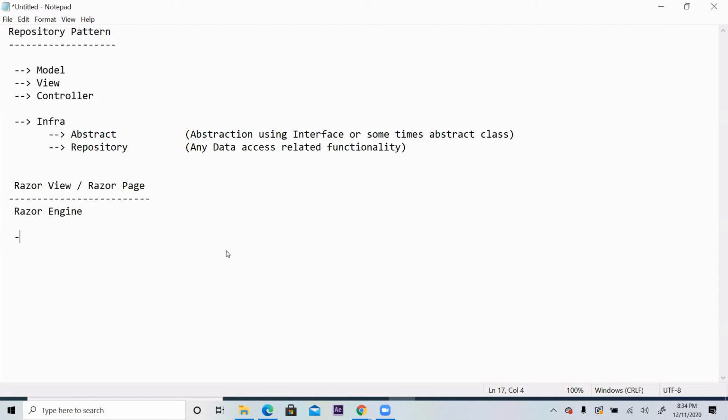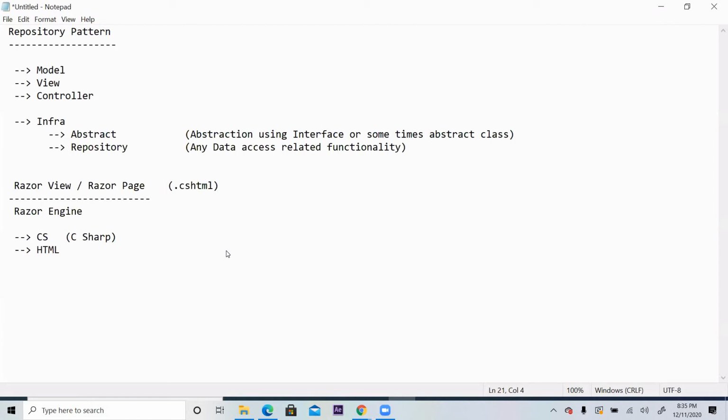So two things here. One is CS, that stands for C#, and HTML. That's why we name it CSHTML. So the first thing is how to understand which coding is HTML and which coding is C#.